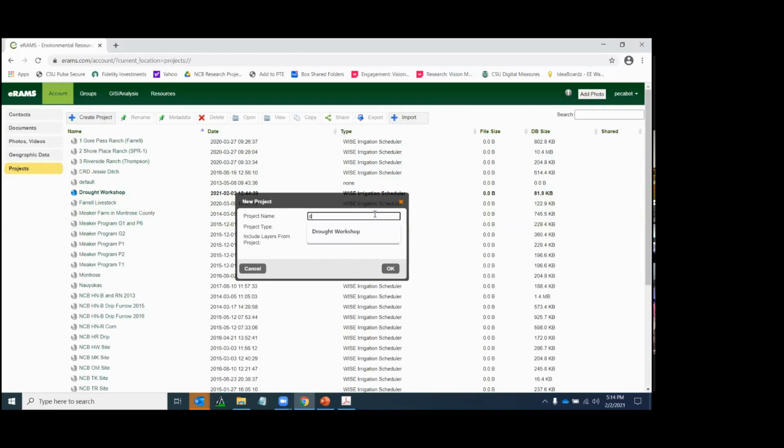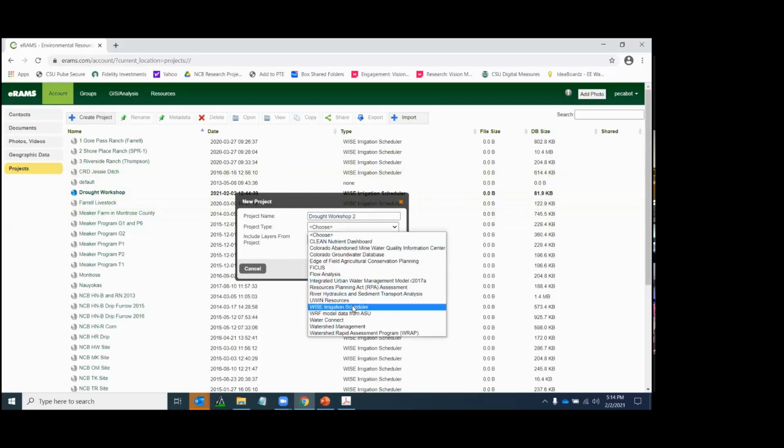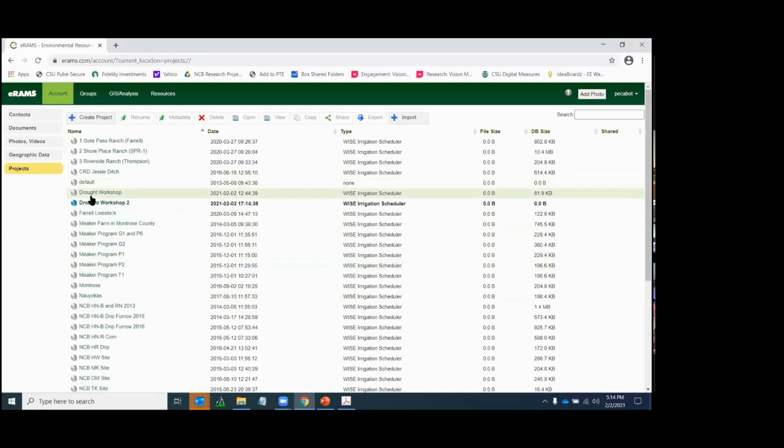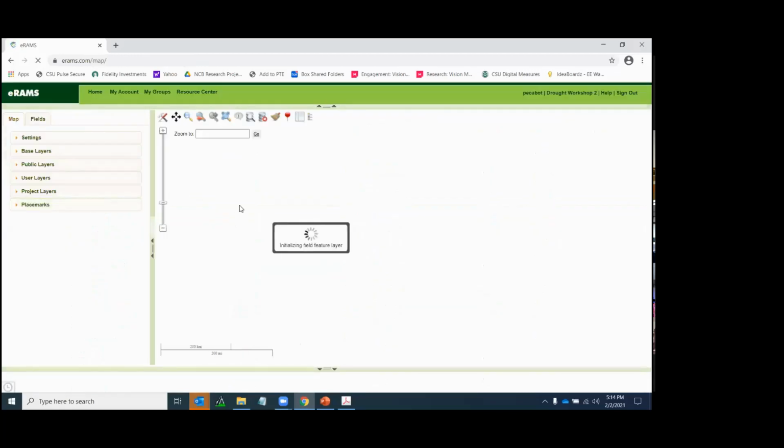And then you're going to want to choose this WISE irrigation scheduler. What that does is it opens this project,